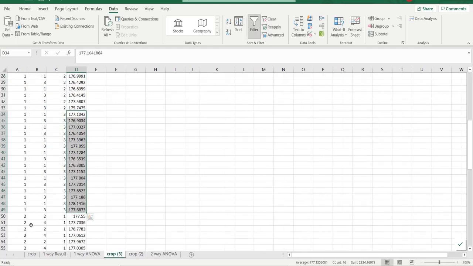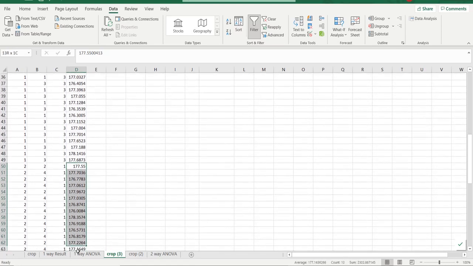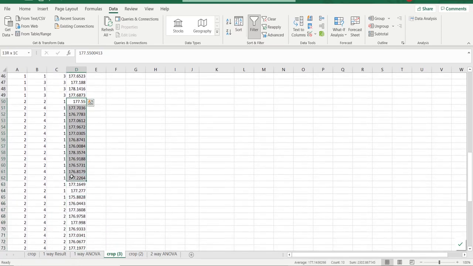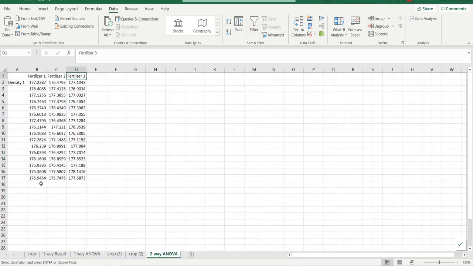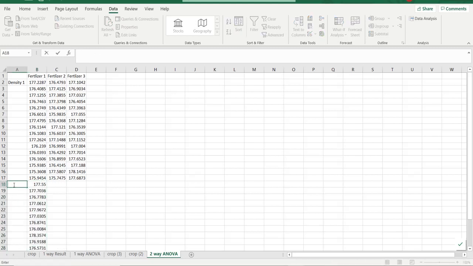Now we have to choose the yield based on planting density 2 and the different fertilizer types. Initially let me choose the data for fertilizer type 1 and planting density 2. Let me give the header name as density 2.